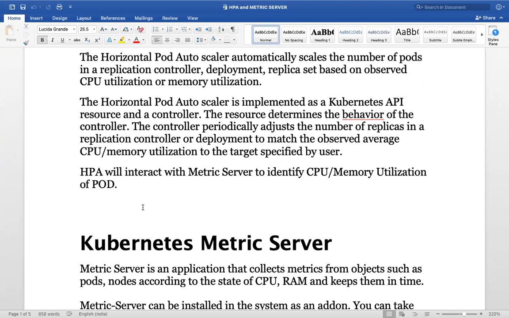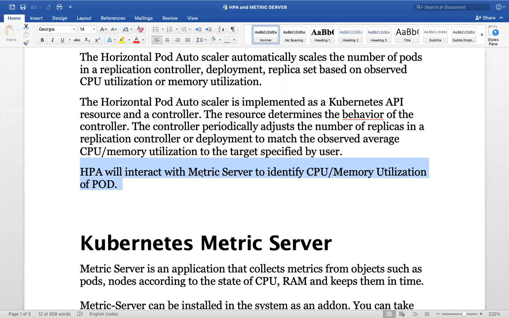So HPA will interact with some other component in Kubernetes to identify the CPU and memory utilization. HPA will interact with the metrics server to identify the CPU and memory utilization of the pod. Based on that, it will scale up or scale down.